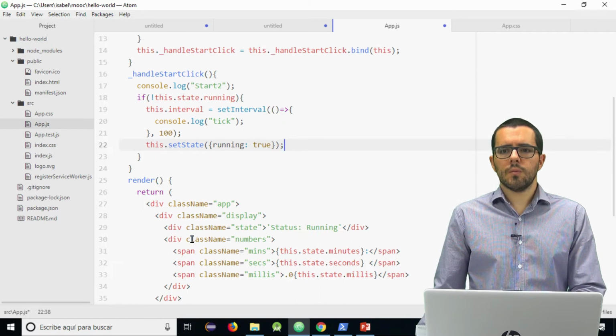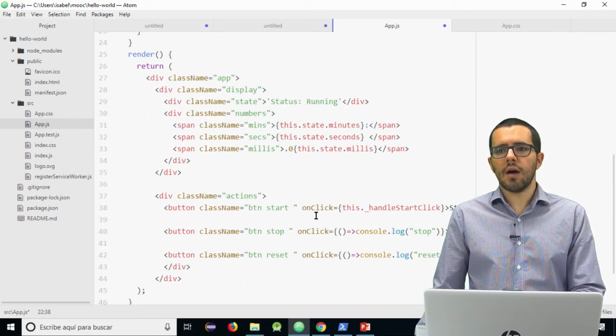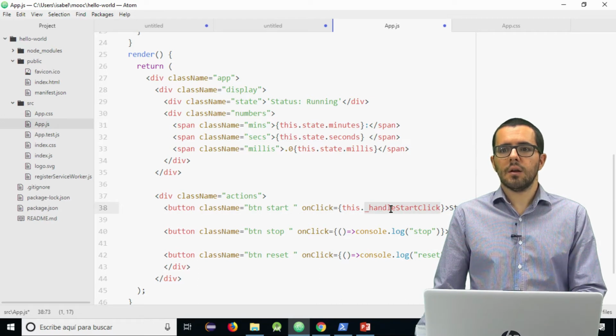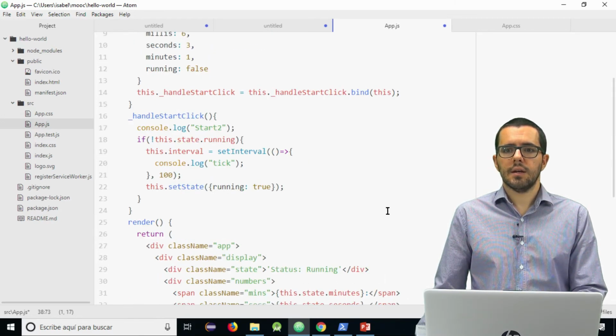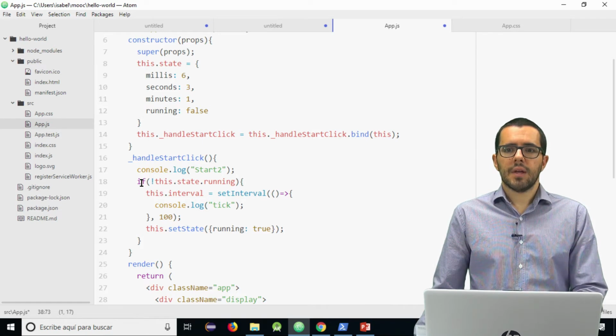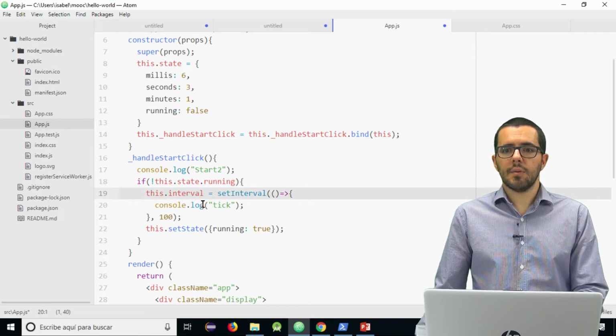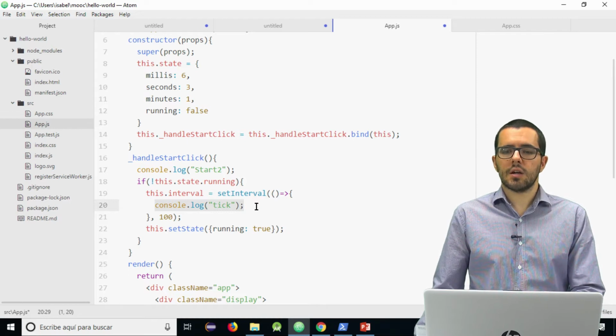What is happening here? When the user clicks on start, we can call handle start click. It comes here, and if the state says that it's not running, we set an interval each 100 milliseconds, and each 100 milliseconds we tick. In the future we will update the state, but now just a tick, a console log.